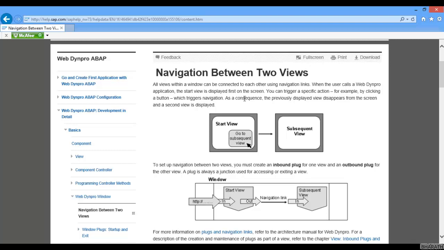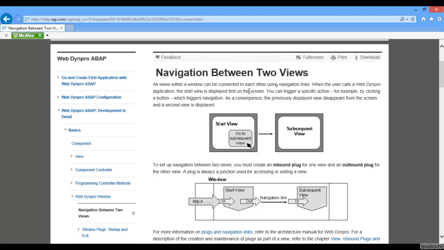A more important interview question is how to achieve navigation between two different views. By creating an outbound plug and an inbound plug for the views, we can achieve the navigation between views. That is the abstract answer, but if you want to be more specific,